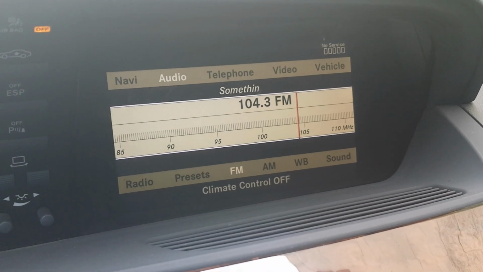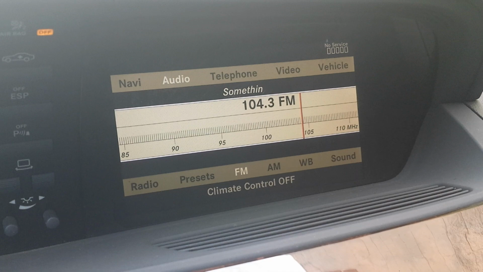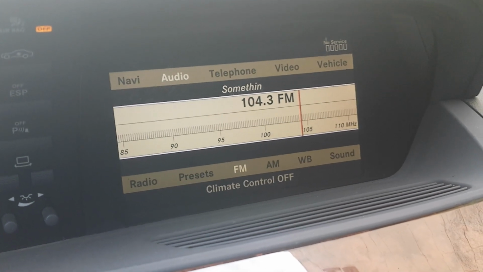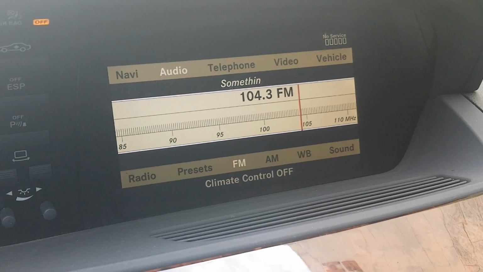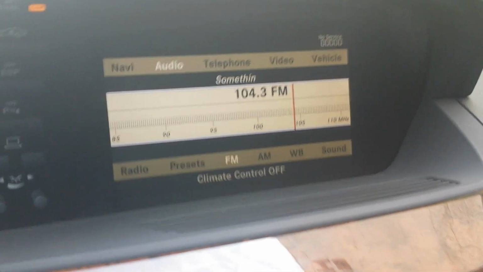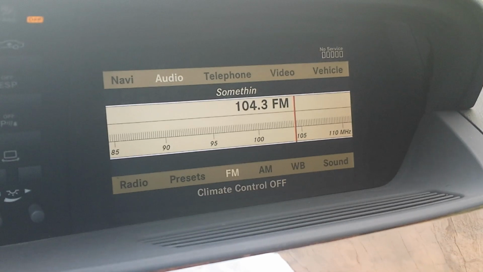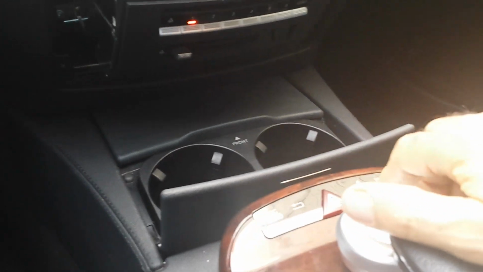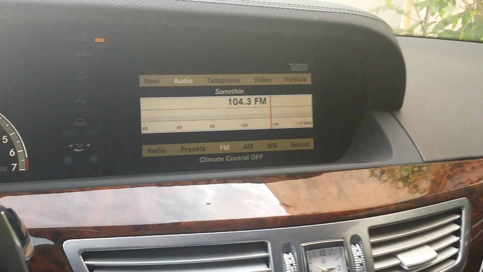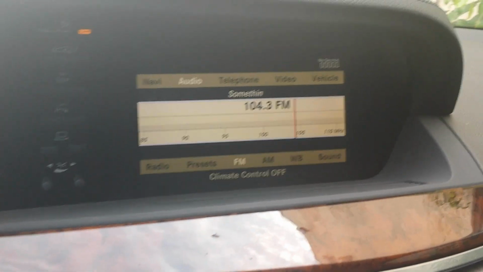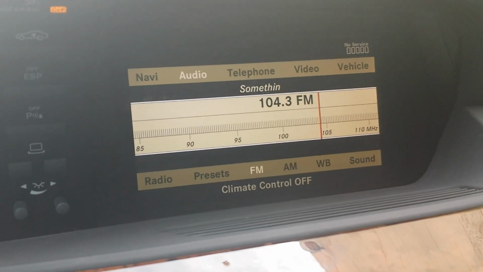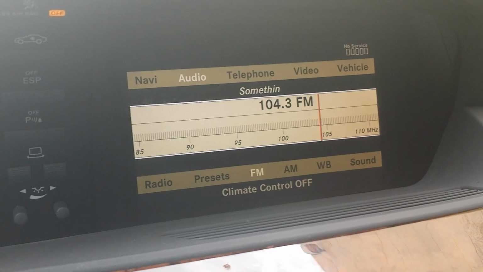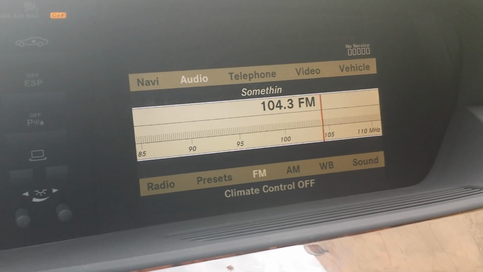This is a Mercedes S550 2007 and up. One of the problems with these units: when you move the joystick on the MMI unit, the needle on the radio does not move and you have no sound. As you can see here, when I move the joystick on the MMI unit, the needle does not change and we have no audio. In this case, the problem is usually caused by the open fiber optic loop,